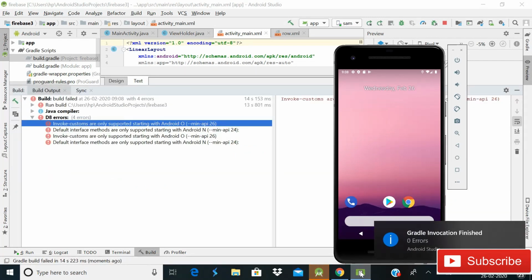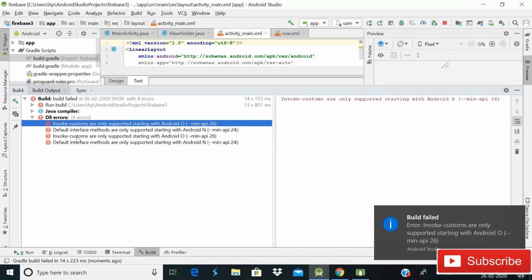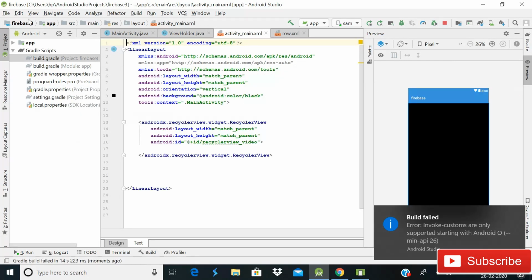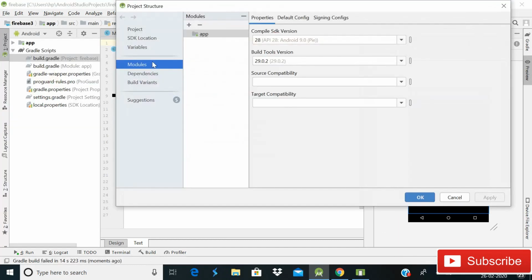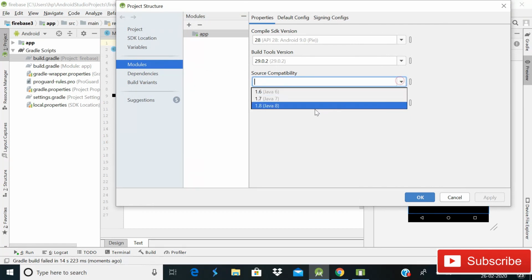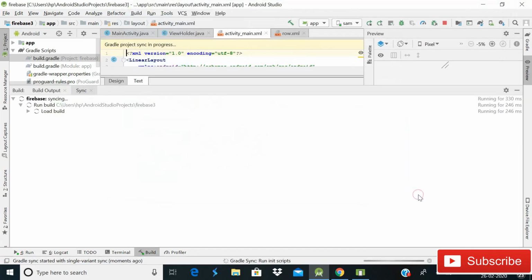Guys, it is showing an error. Let me see what it is, and I will try to solve it. Okay, how can we solve it? Go to File, then Project Structure, then Modules, then set source compatibility to 1.8 and target compatibility to 1.8, and press OK.